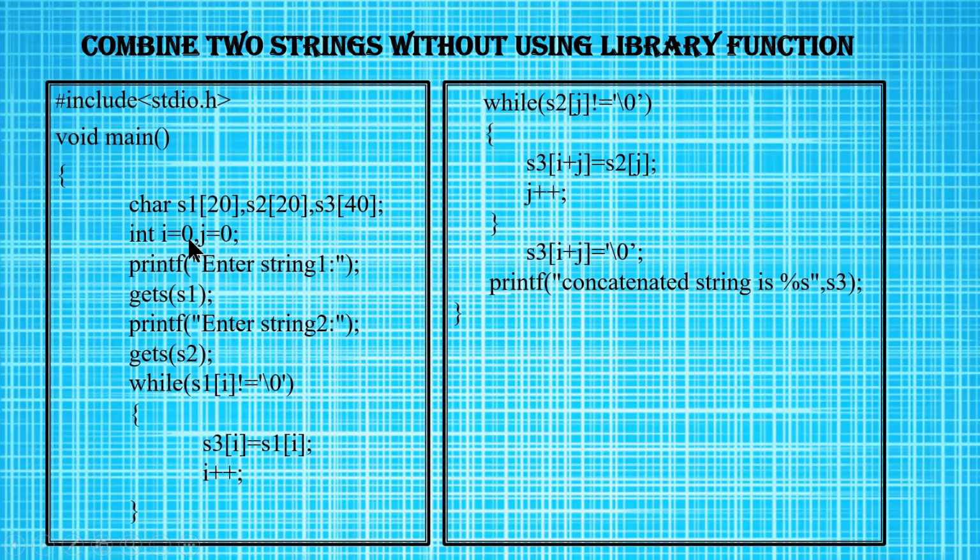I'm also using two variables, I and j, whose use I told you about. I'll be reading the first string, then the second string. Here I've read Raj, here I've read ESH. With the help of this while loop, I'll be concatenating the two strings. After concatenating, at the end of the S3 string, I'll be inserting a null value. Then I'll print the concatenated string by printing the data present in the S3 array. These are the four functions in a string which have been explained. Thank you.